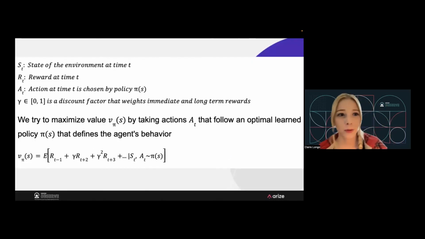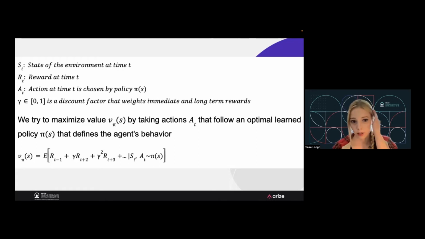So I do like to kind of frame this mathematically. This is the depth of math that we'll get into in this talk. I won't go any deeper than this, but I do think that this is a really helpful way to frame this as we think about it. So for reinforcement learning, you have the state of the environment at a certain time step t. You have a reward, and that's the result of the action that was taken at that time. And you also have the action itself. And a set of actions can make up a policy. And our goal here is to really find that optimal policy, which is denoted as pi, the function of pi.